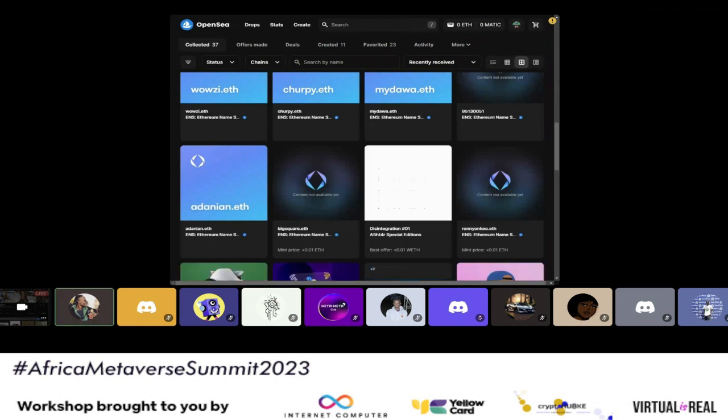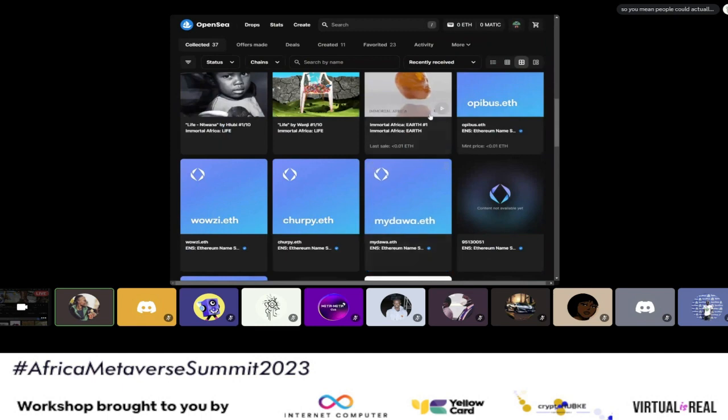What I wanted to show you is my OpenSea portfolio. Basically, on OpenSea, you connect your wallet. I don't know if you can see on the top right, there's a trolley, then there's my profile. Just give me a second so I can show you practically. I am juggling two screens over here, so you will have to bear with me for a second. But as I was saying earlier,